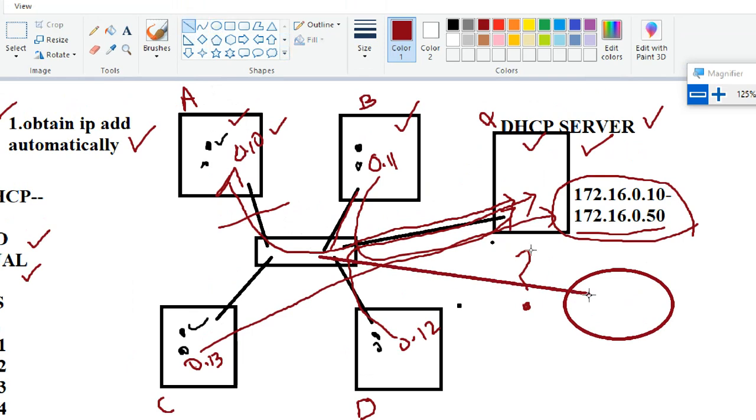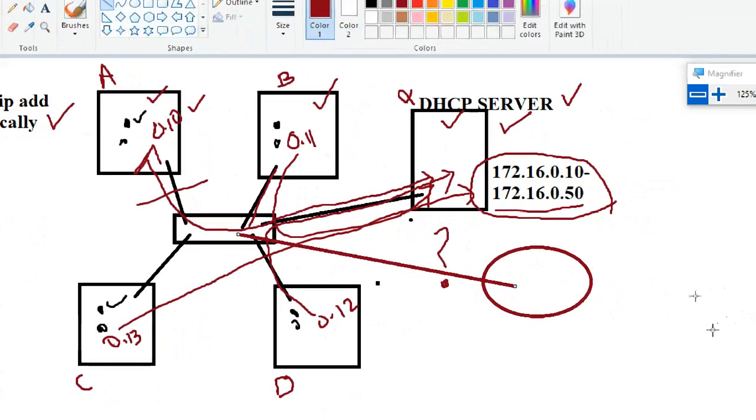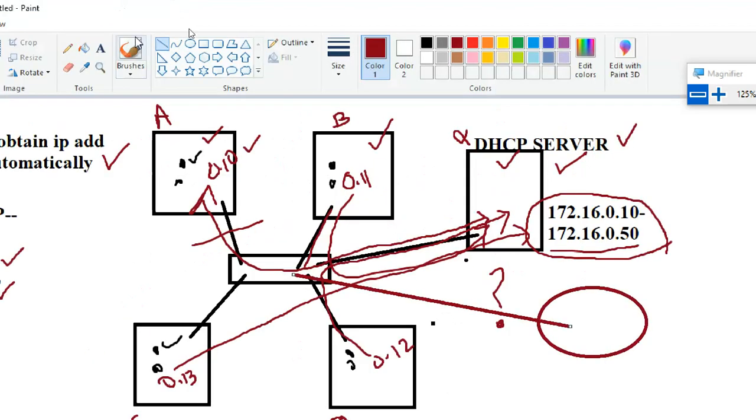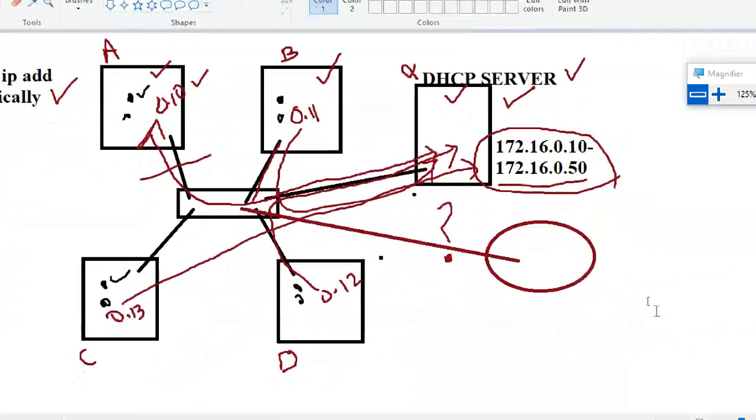When you are connected to the router, the router generally acts like a DHCP server and DNS server by default. Your Wi-Fi router.